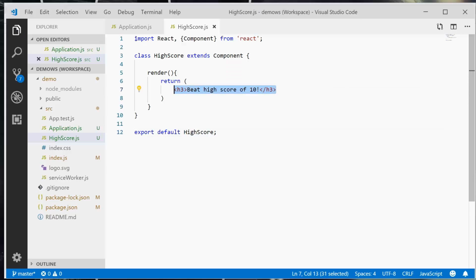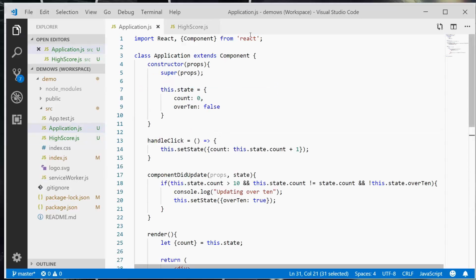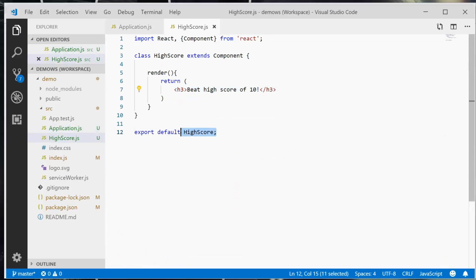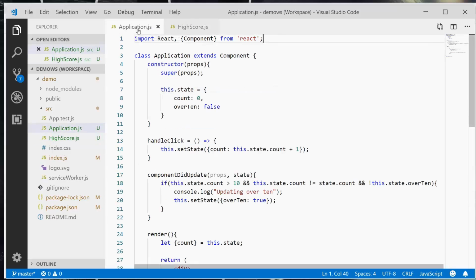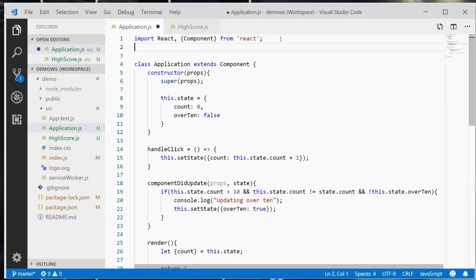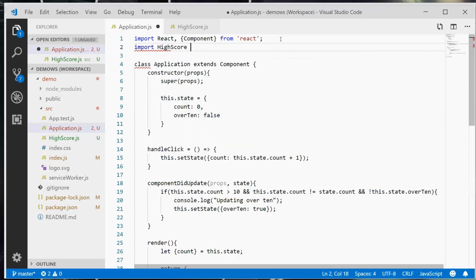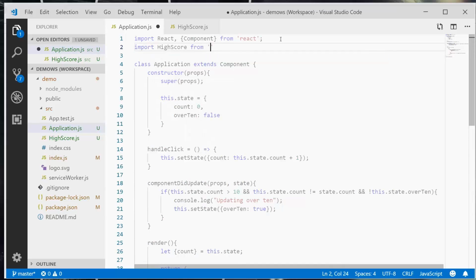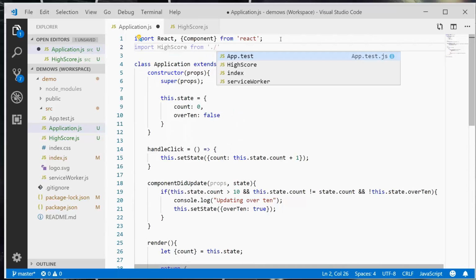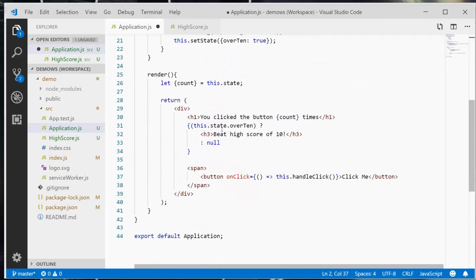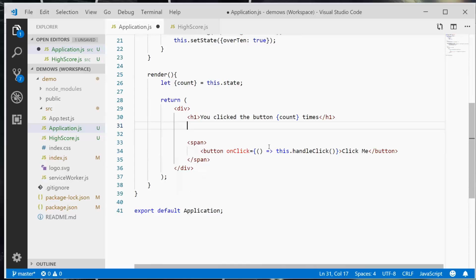So I'm going to save this, and then in Application, we've exported it as HighScore, so we need to import it as HighScore. So import HighScore from, now it's in the current directory, and it's called HighScore. And let's remove this. And for right now, we are just going to